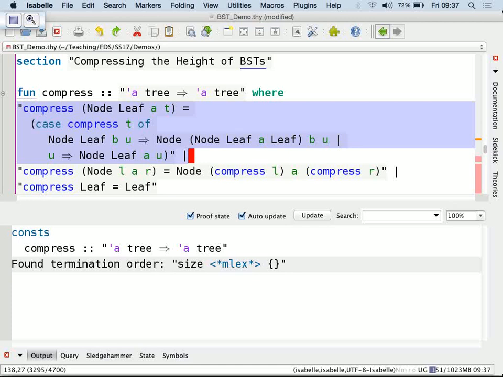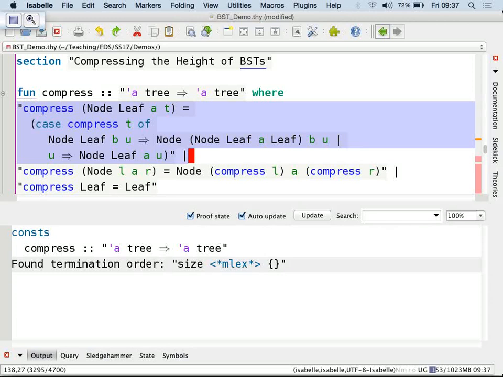Of course, you can rotate the tree a little bit and get back A, B in the middle, T here, and two empty trees. So this is what this compress function does, except that it doesn't do it quite so naively,